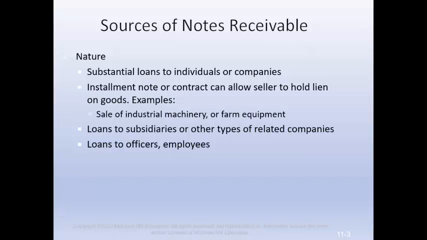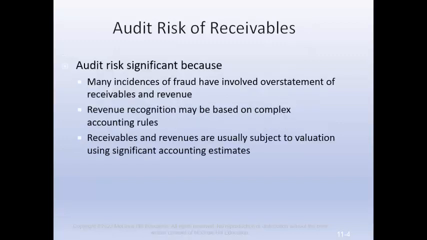and affiliated companies. The audit risk for accounts receivable can be high because many incidences of fraud have involved overstatement of receivables and revenue. Revenue recognition may, in some cases, be based on complex accounting rules that are subject to valuation using significant accounting estimates. The determination of the amount of revenue to be recognized for a particular period is integrally related to a number of financial statement accounts, including sales and accounts receivable, adjustments to sales and accounts receivable, service revenue, deferred revenues, and